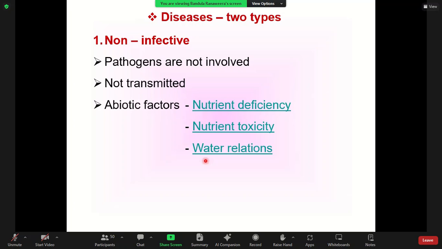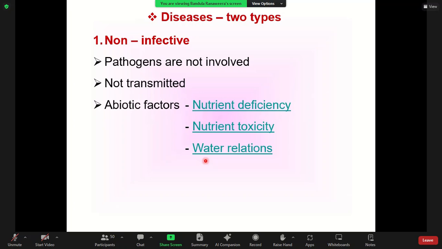Excess water will create problems, and a lower level of water will also